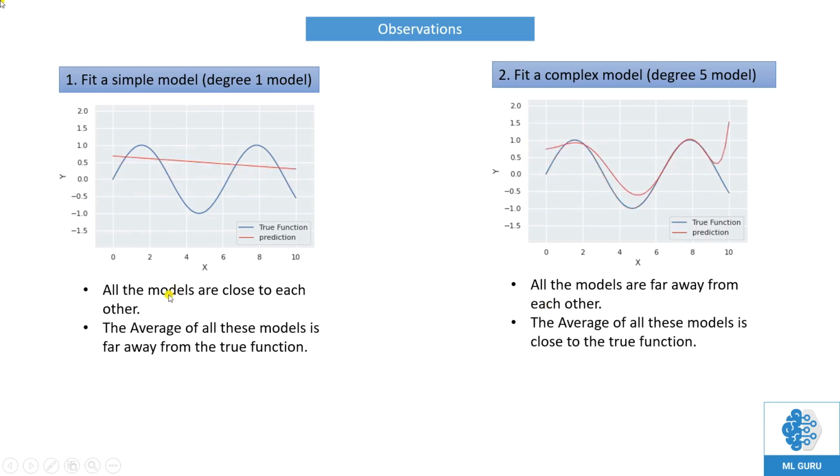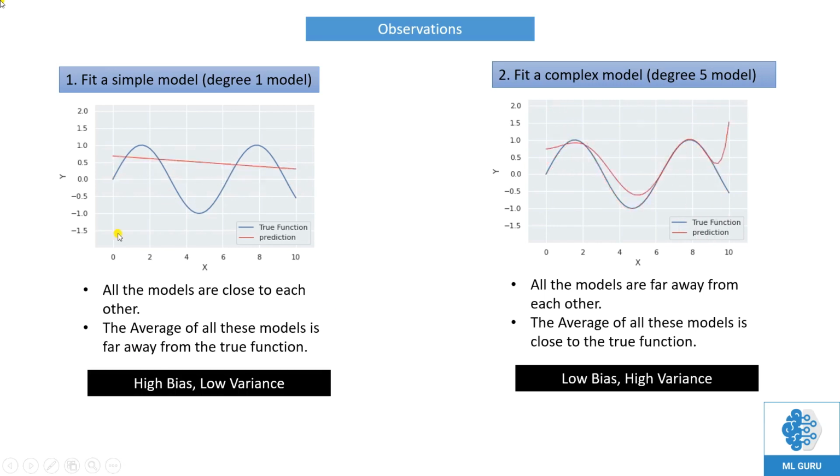The second point to note here is, in this first case, if you take the average of all these predicted models, you will see that the average model is far away from the true function. On the other hand, if I take the average of all these different red predictions here, you can notice that the average of all these predictions is close to the true function,